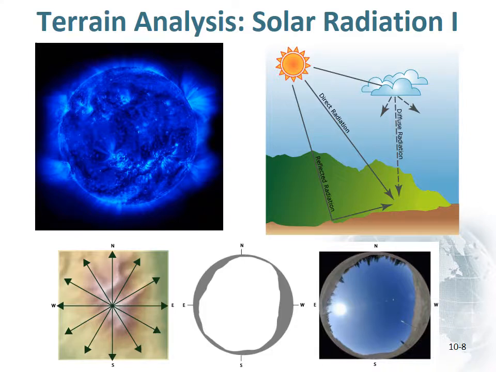In GIS, we can take the DEM and then feed in a little bit of information about atmospheric conditions and calculate how much radiation a particular cell receives based upon its landscape configuration. And that's what these diagrams are trying to demonstrate. On the left is the sun. It's an image from the SOHO satellite, the Solar and Heliospheric Observatory, in a particular wavelength. And so we can see the sun in all its nice fury, very active, generating radiation, sending that out into space. We intercept that at Earth on the right-hand side, and we have radiation that, what it's trying to show